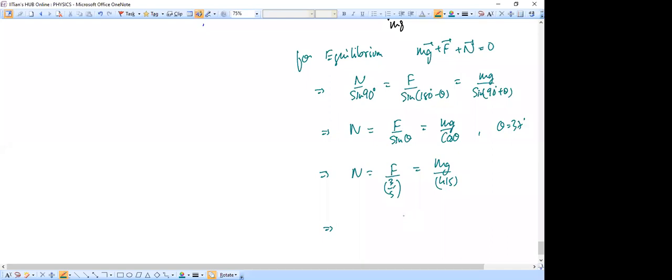So you can see that F is equal to 3 by 4 times mg, and N is equal to 5 by 3 times mg, or that is, sorry,